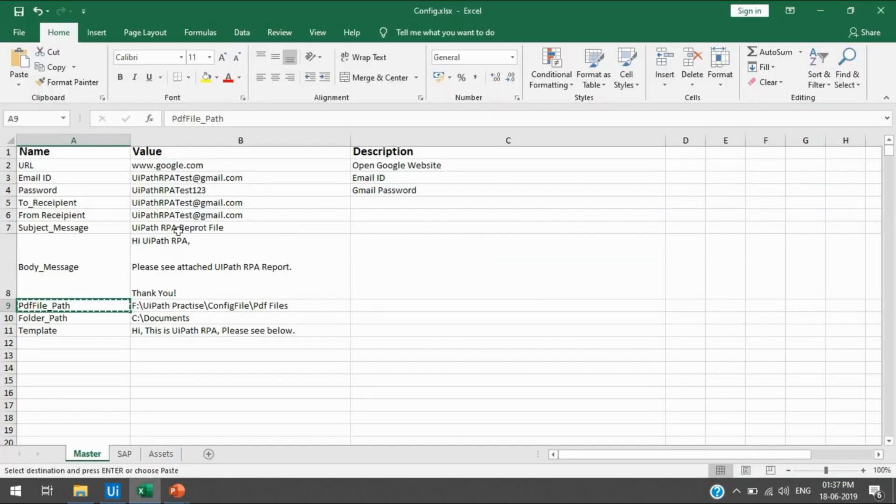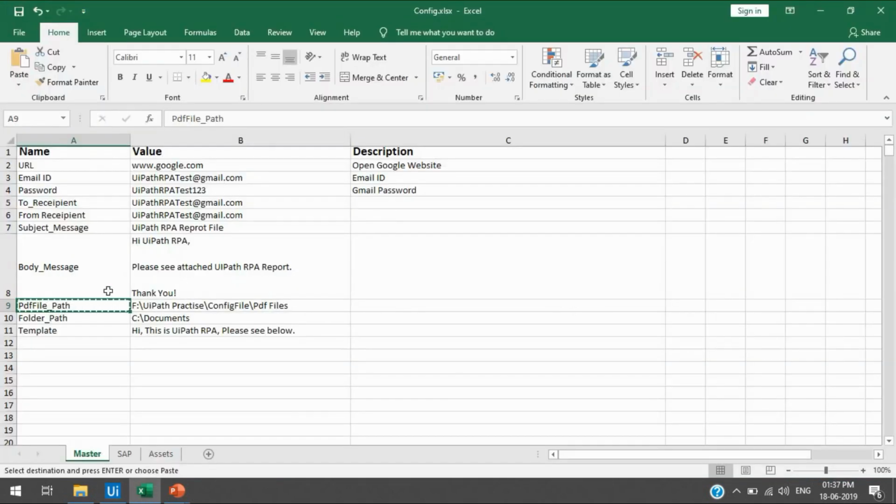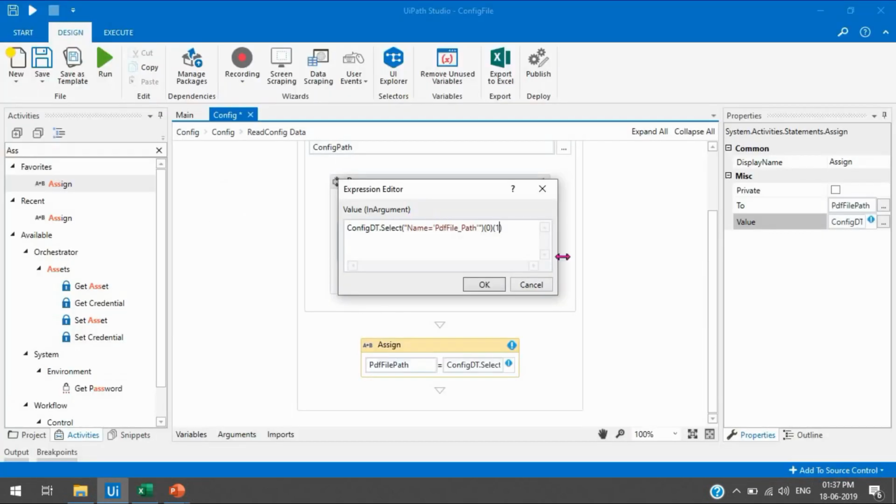Then we need the data from a column. 0 means first, and 1 means second. So we need the data from the second column, and now we'll write dot toString.